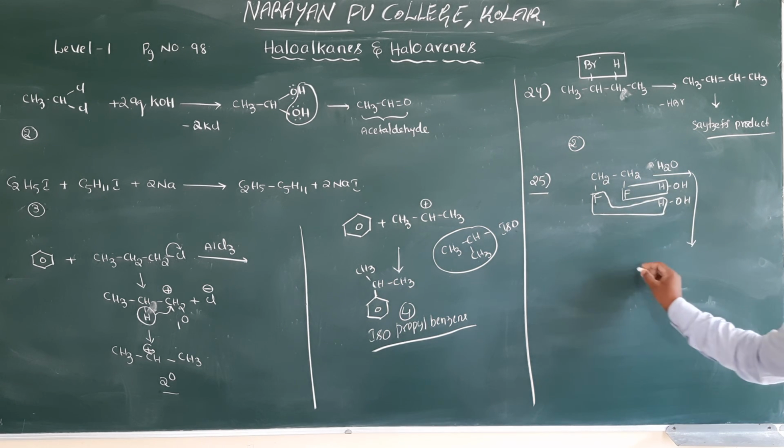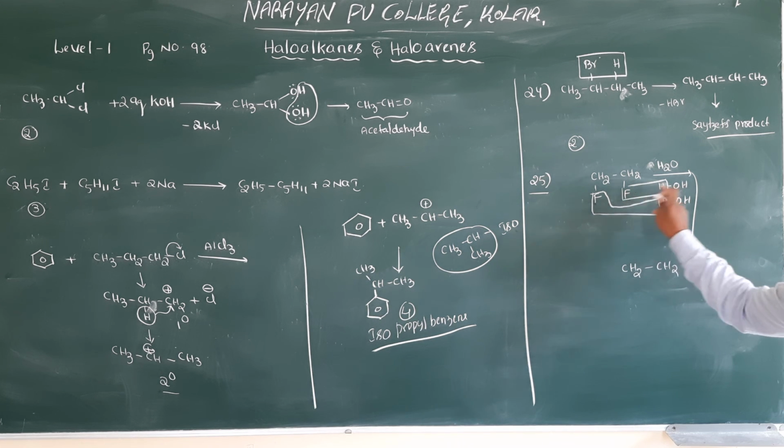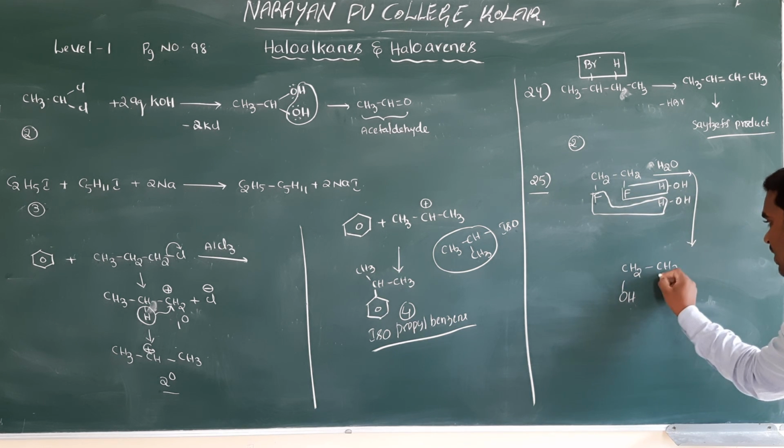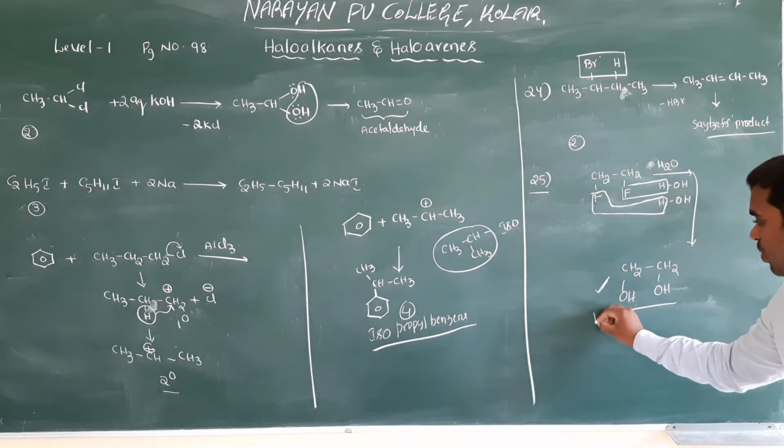Then the compound you will get is CH2, CH2. Instead of fluorines, what will you get? OH and OH. What will we call this compound? Ethylene glycol. So what is your option now here? Glycol. Simply we can say glycol. So option 1 is the